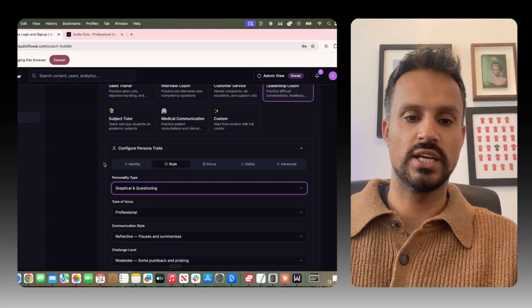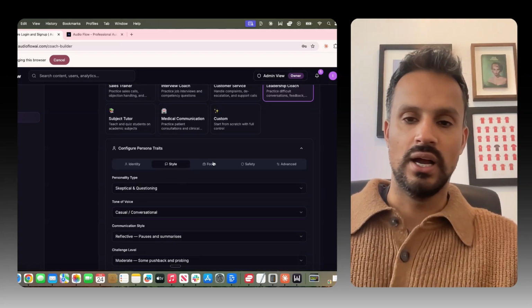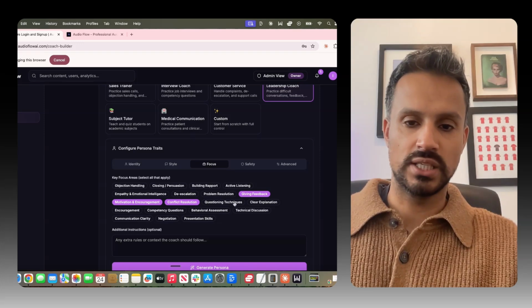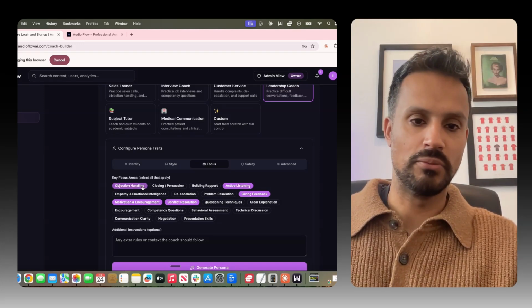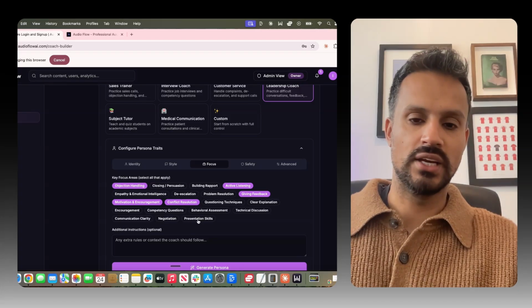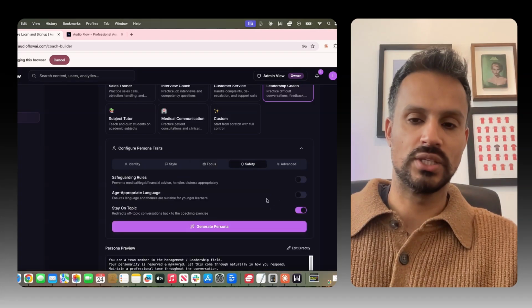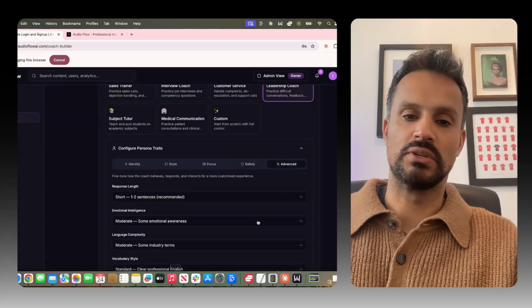So I'm going to say questioning, and then you can have the tone as casual, for example. You can say what types of focus you want them to have: active listening, objection handling, negotiation, for example, and then you can go through all these selection parts. You can then go to safety as well and see if there are any safeguarding rules that we need to apply, age appropriate as well, and there are some advanced settings.